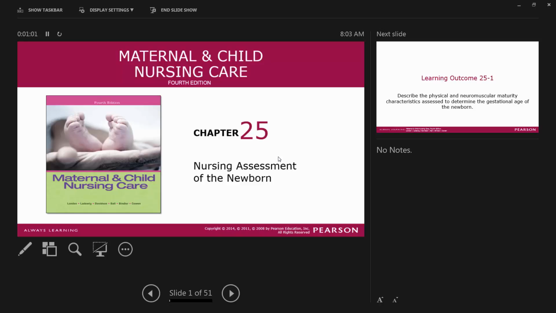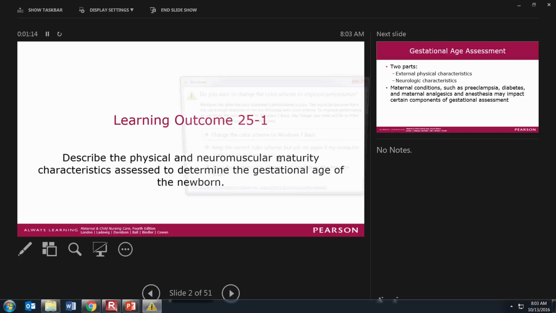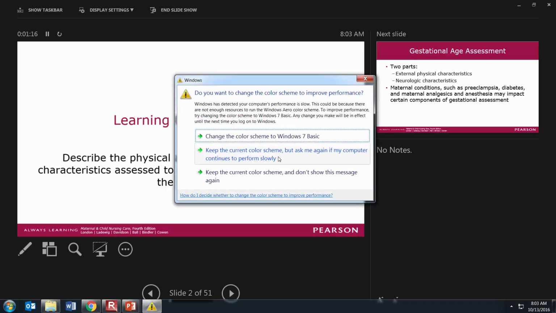Okay, a nursing assessment of the newborn. So one of the things that we do with our assessments on babies is we do a gestational age assessment. Now we usually know how many gestational weeks they are when they're born because mom comes in and we say she's 36 weeks and 7 days, or she's 40 weeks, and that's based on her last menstrual period and or